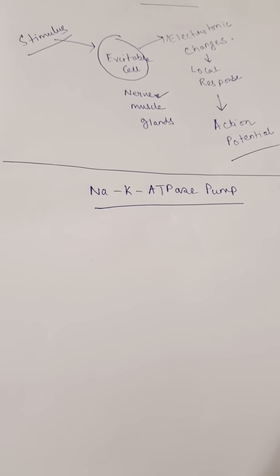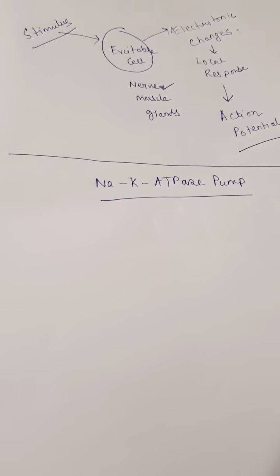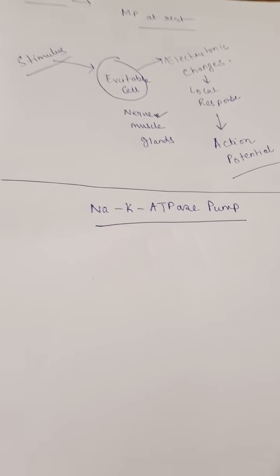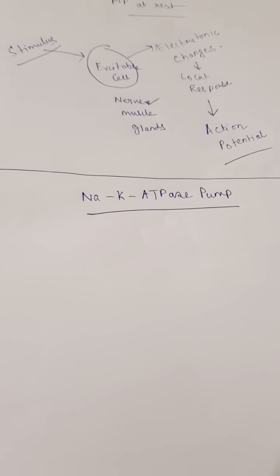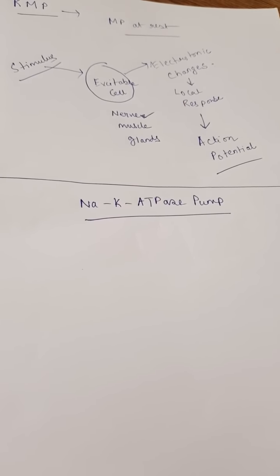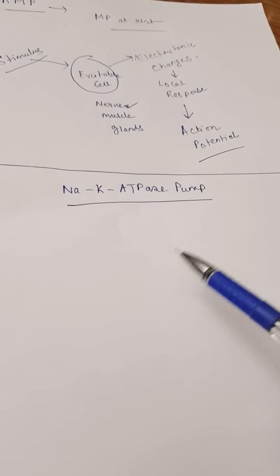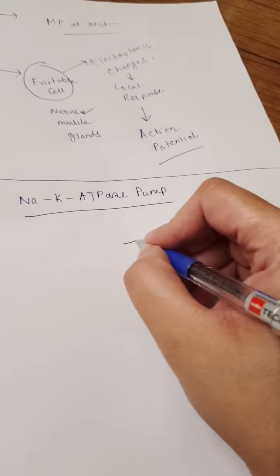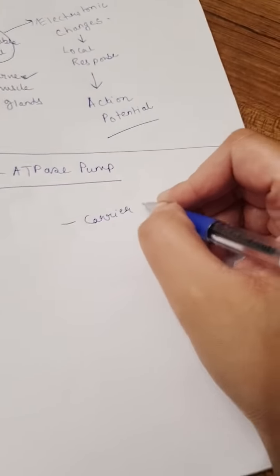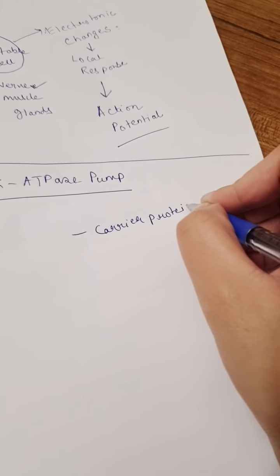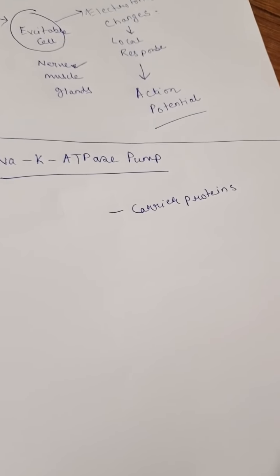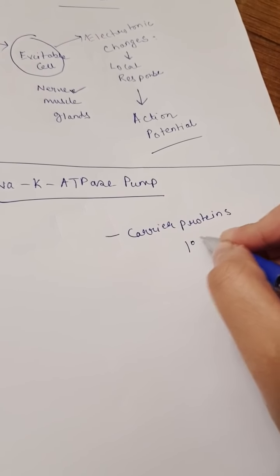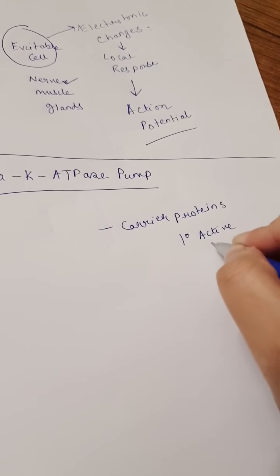Now we will talk about the sodium potassium ATPase pump. Okay, we need to know this because this is very important for the development of the resting membrane potential. You have got an idea what is membrane potential? Now, before going on to resting membrane potential, we need to know a little bit about the sodium potassium ATPase pump. It is basically a carrier protein. You have already done the classes on carrier proteins and intercellular communications, so I think you know a little bit about this. This is basically a prototype of primary active transport.